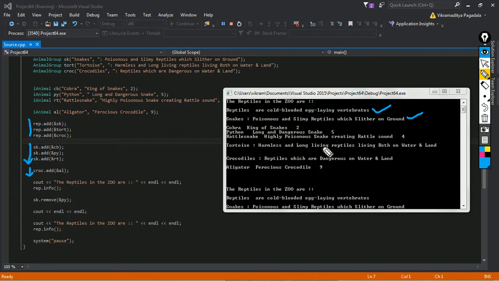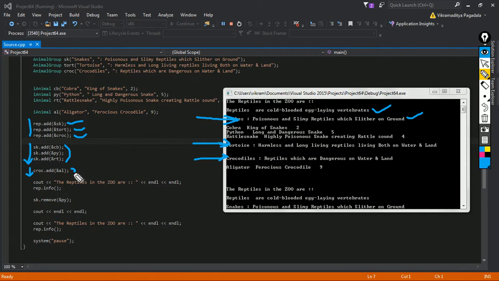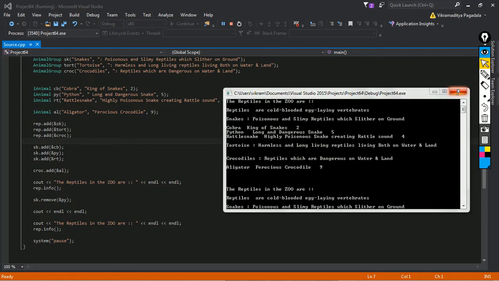So you can see the snake, the tortoise, and the crocodile are being passed in the order like this, and then I'm trying to add the child elements here, which are the alligator and these three parts. So that's the output part.